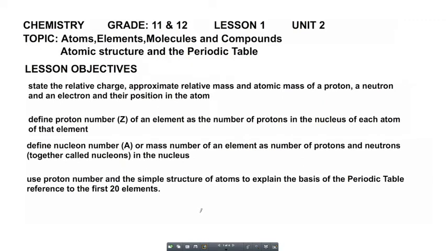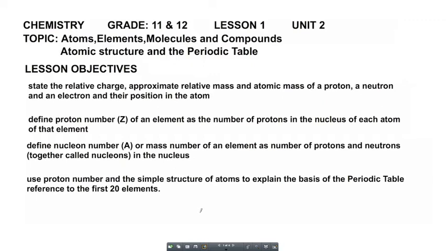Our objectives for this lesson is that at the end of the lesson, learners are expected to state the relative charge, approximate relative mass and atomic mass of a proton, a neutron, and an electron, including the position within an atom. Our second objective is that a learner is expected to define proton number, which is represented by capital Z, of an element as the number of protons in the nucleus of each atom of